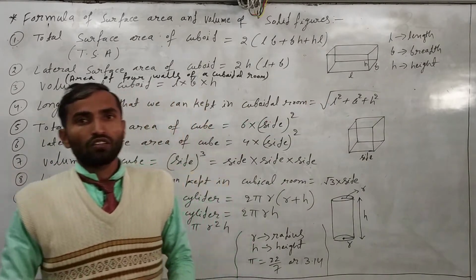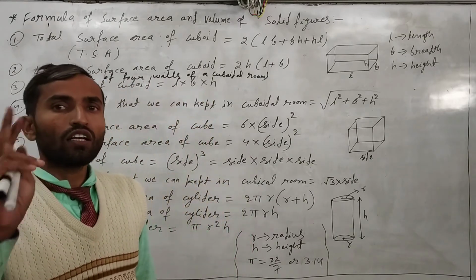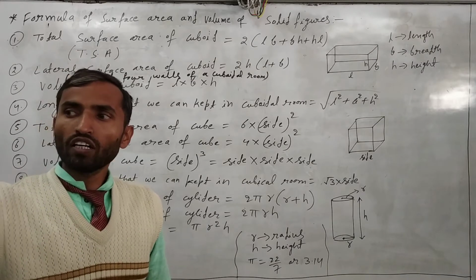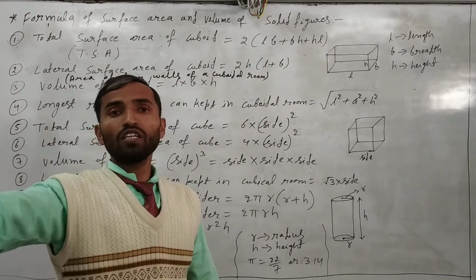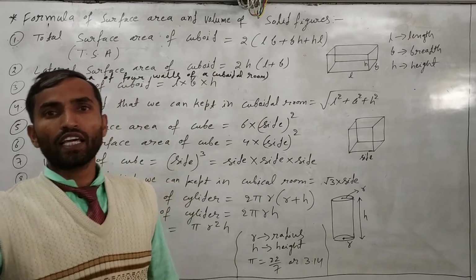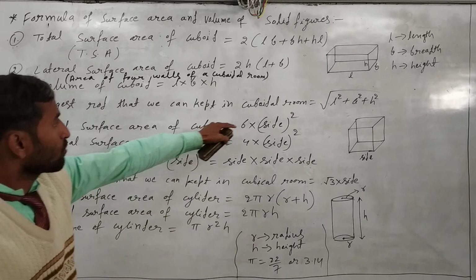It means we can keep that rod in the cuboidal room from one lower corner to the opposite upper corner. That will be the longest rod we can keep in the room. For that we have to use the formula, root